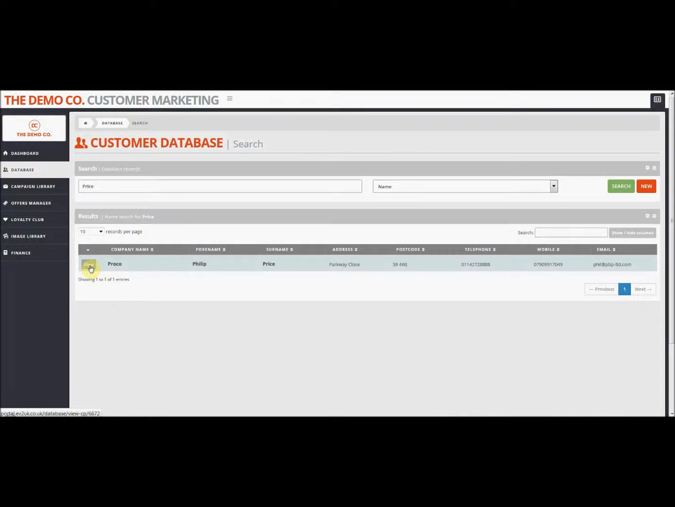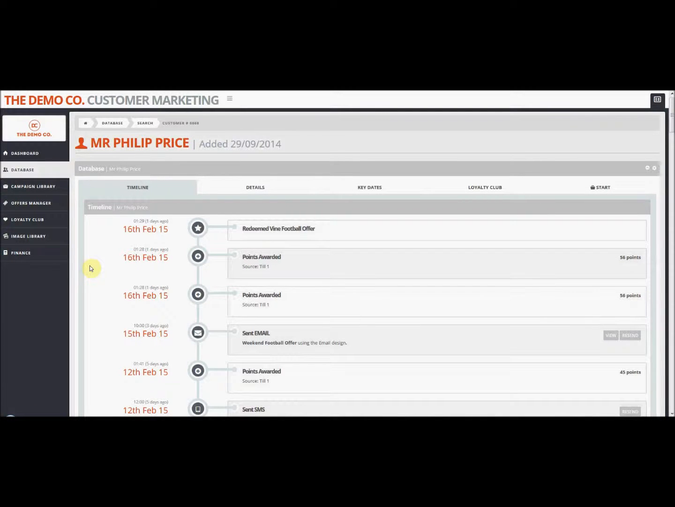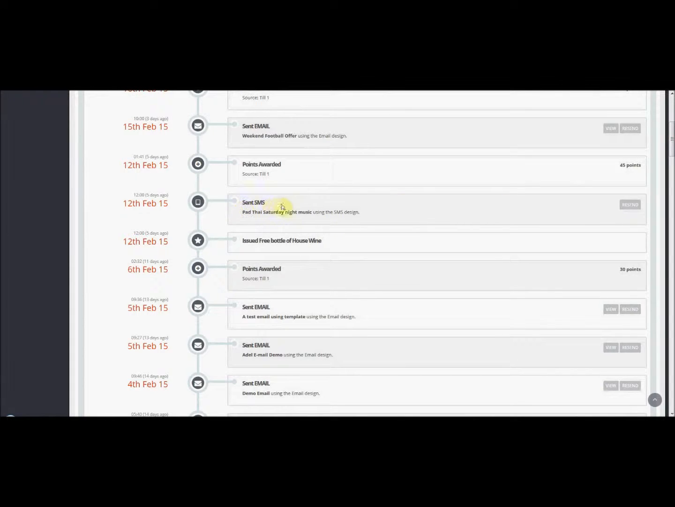So if we look at this record itself, the first page we'll come to is the timeline. Now the timeline is an important bit of information because it will tell you every activity and engagement you've had with that database record over the lifetime of being in the system. This ranges from points awarded and offers redeemed through to emails being sent. If we look a little further down here, an SMS being sent here,